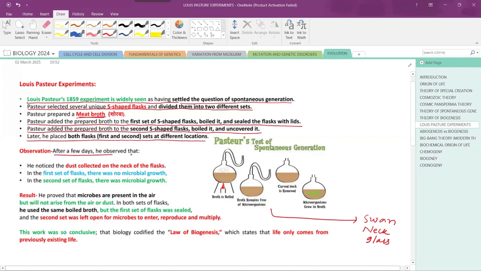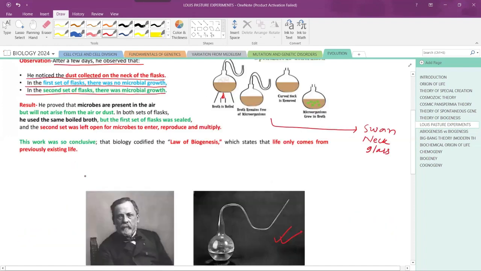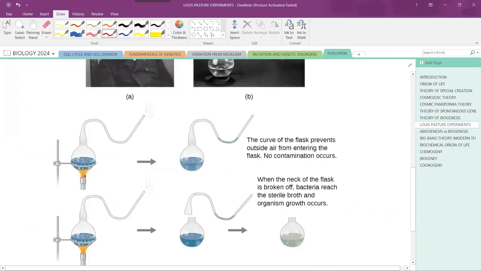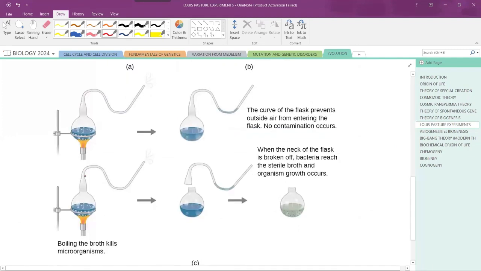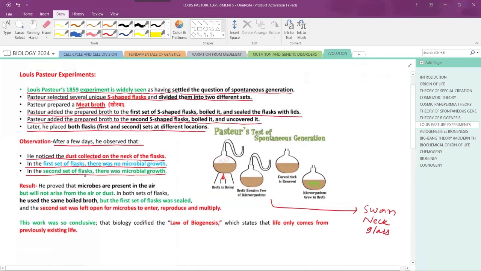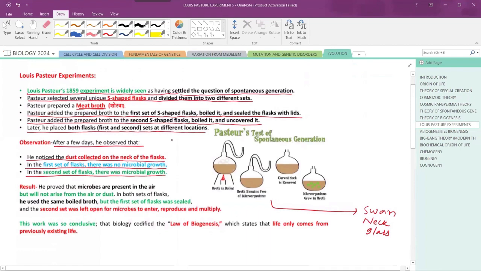Observations: after a few days, he noticed dust collected on the neck of the flask. In the first set of flasks, there was no microbial growth. In the second set of flasks, there was microbial growth. So, the flask which is covered with a lid